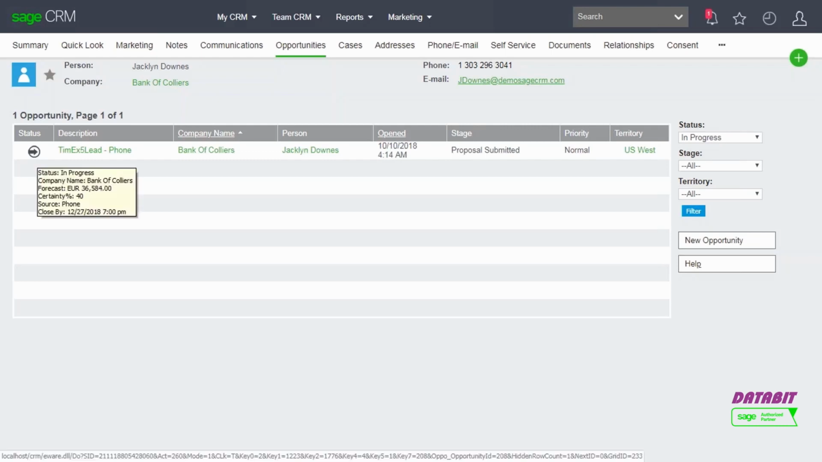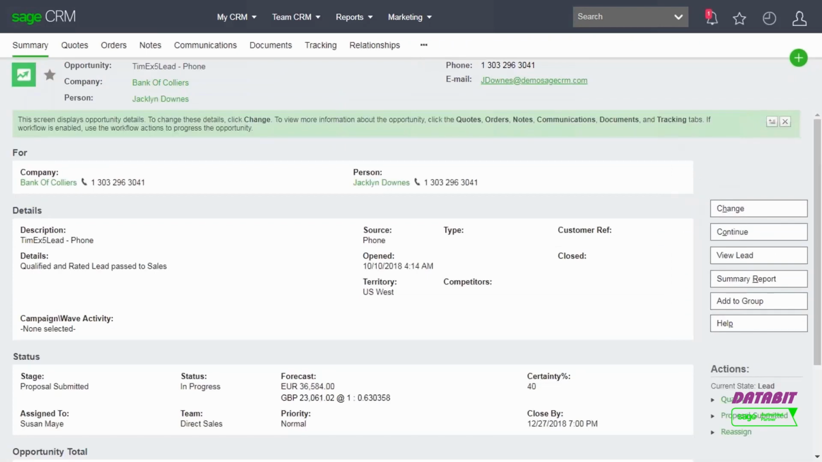Some of the cells in the grid, when you hover over them, also have tooltip information, which rolls up even more useful summary information. It just saves you having to drive too far through the system when you're just looking for snapshot information. However, in this case, I am going to click on this opportunity and go into the record itself. And again, keep your eyes on the top context area as we go into the next screen. We're looking now at the summary of the opportunity. And you'll see, if you look at the top left green icon with the arrow, and next to that, we've drilled in. We're in Bank of Colliers, about Jacqueline Downs, looking at a particular opportunity called Timex5 Lead that